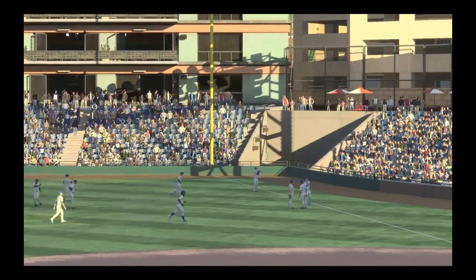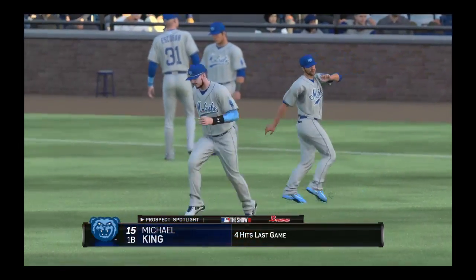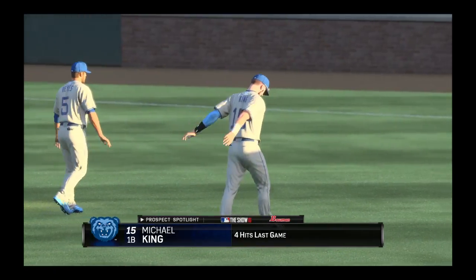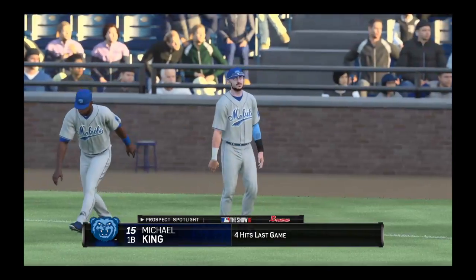Michael King will be our subject, and he's coming off a very nice game in which he racked up 4 hits and just looked dialed in at the plate. Yeah, anytime you get yourself 4 base knocks in a game, you're doing something right. You might have gotten a couple of gifts in terms of good pitches to hit, but...